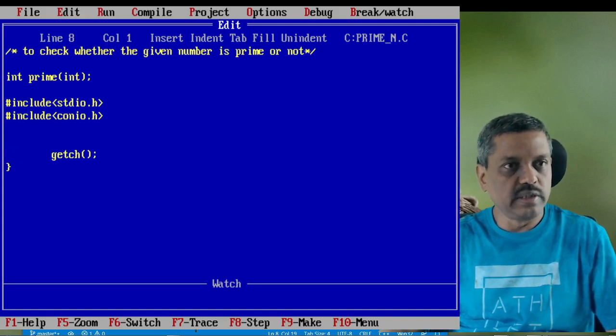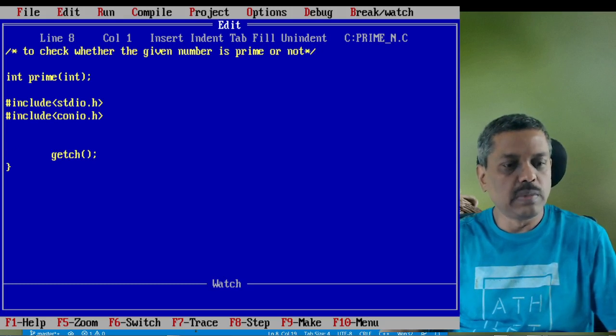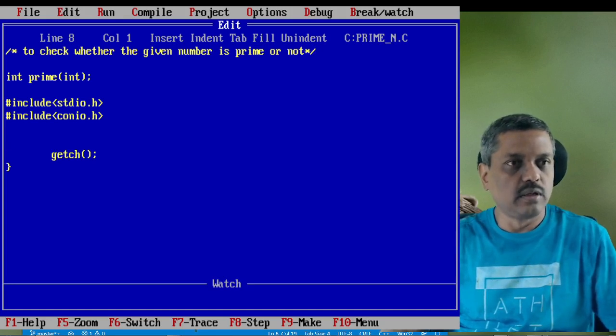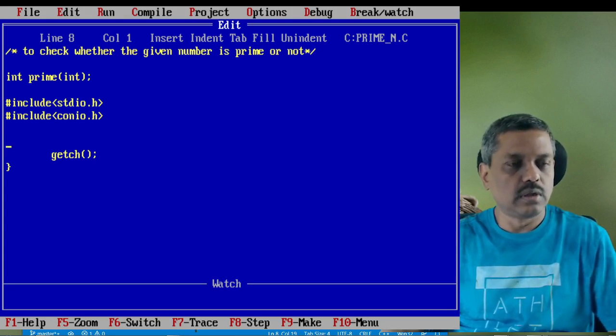In this session, we try to learn about the program which can actually find whether the given number is prime or not. Before we embark upon any programming and try to solve any problem, we should understand how to solve it conventionally. Suppose a number is given to you, how to find out whether it is prime or not? So what is the nature of the prime number?